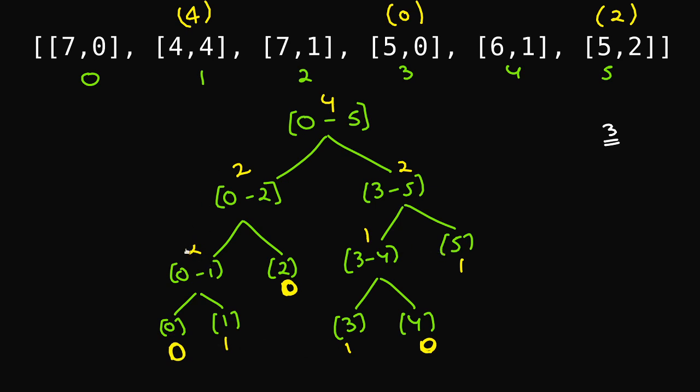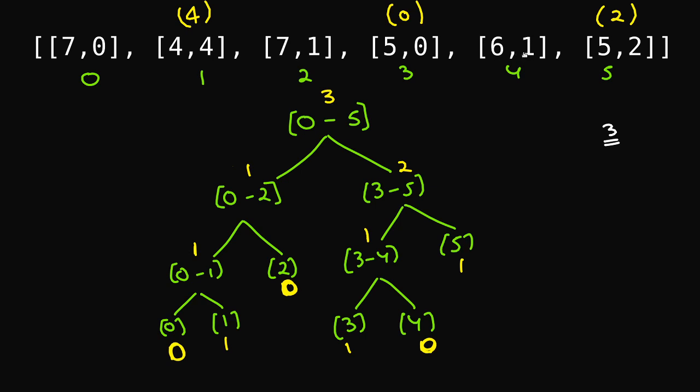Okay, the moment I do that, I'll need to update this. So this 0 plus 1 will become 1. This 1 plus 0 will become a 1, and then this 1 plus 2 will become a 3. The topmost root value actually denotes how many positions are still left in our segment tree. Okay. After this, we'll process this 6 comma 1.